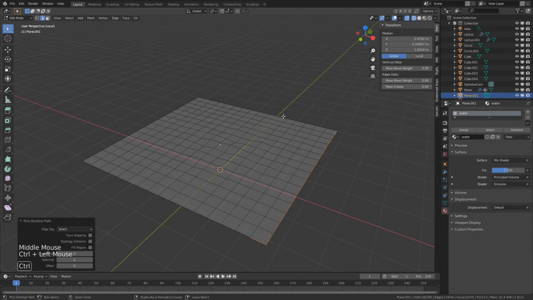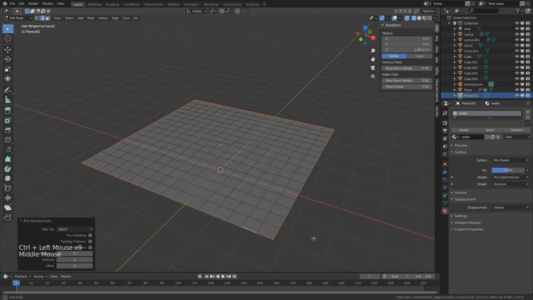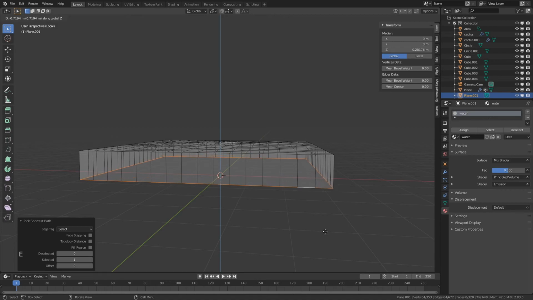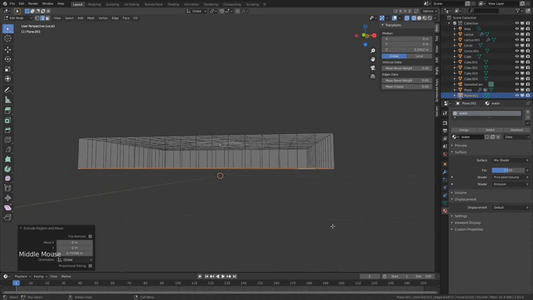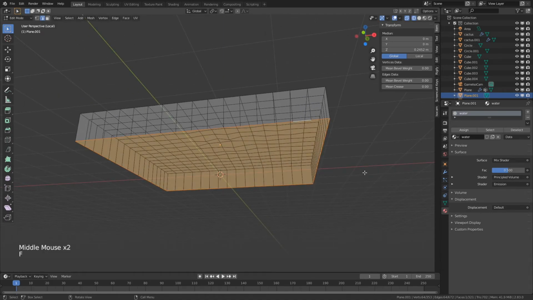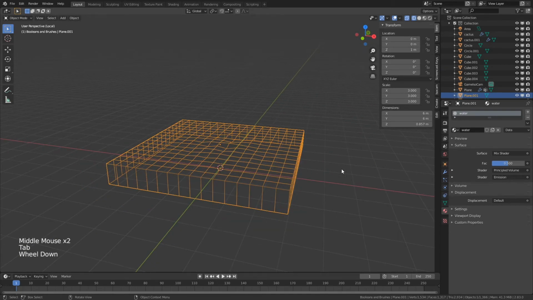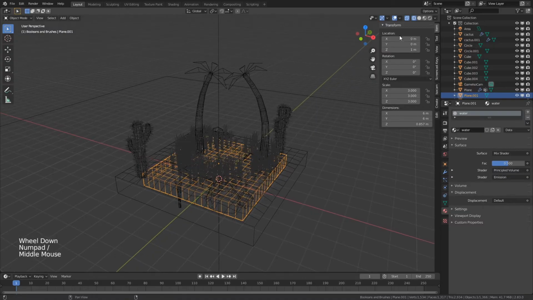What I'm going to do is just Control click all around the edges. And what that does is take the shortest edge path from the currently selected to whatever you click on. Alright. And then we're going to extrude in the Z. And then when we get down, we'll just hit F to fill that in. And that should take care of that. So now we have some volume. So let's hit Tab again and let's jump over to our